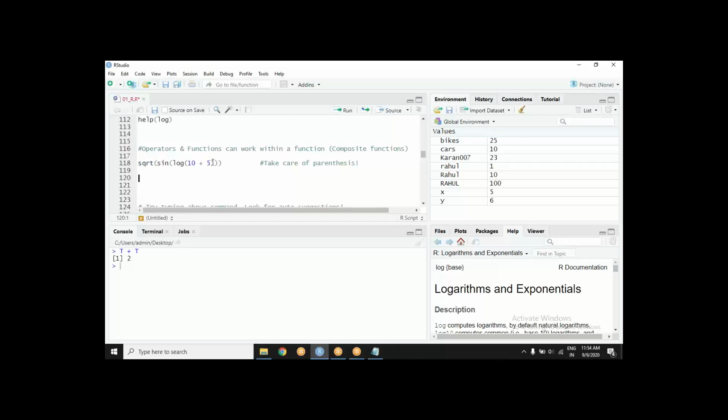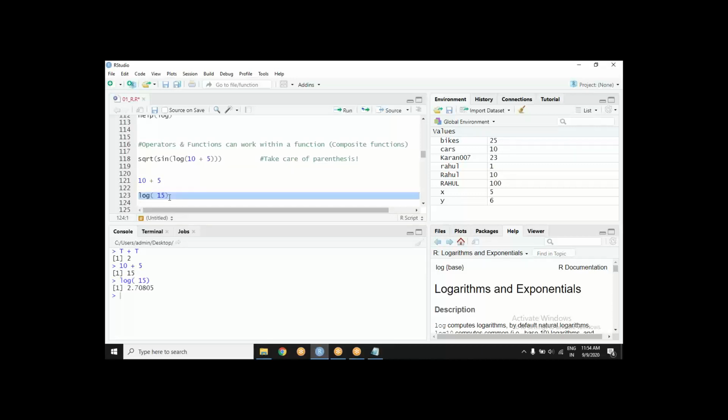How can I do it? Maybe I will do it in the same sequence. First I will add, then I will take the log in the next line, then in the next line I will take the sine. Doesn't seem like a nice way, no? Yes or no? I am adding two values, 10 and 15. I see it is 15. Okay, now I copy 15, and this time I will take the log of 15 and then go ahead. And then, okay, the log of 15 is this, then I will copy it. Doesn't seem like a nice way.